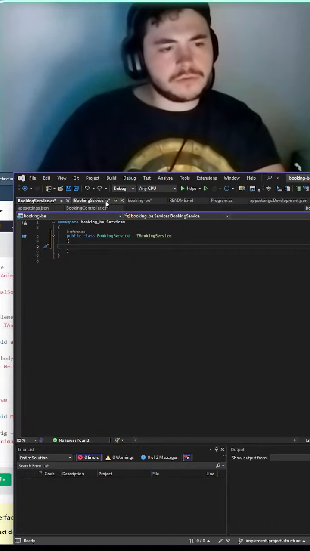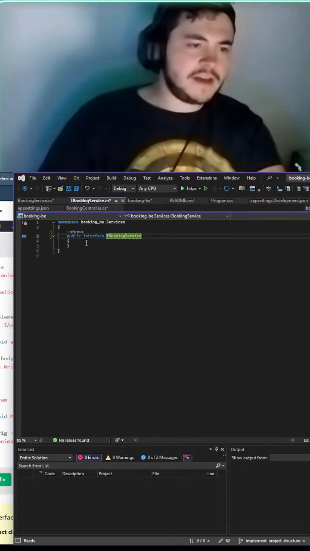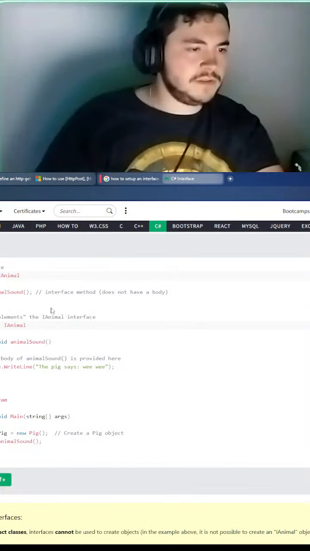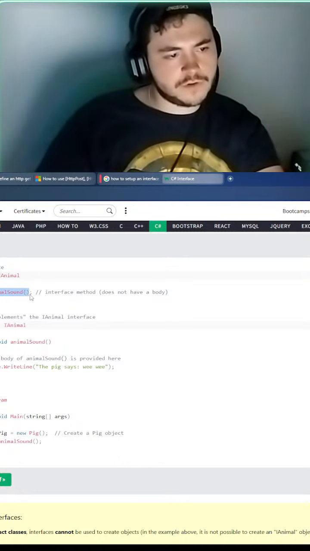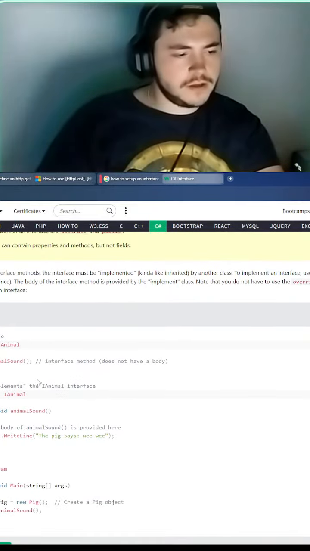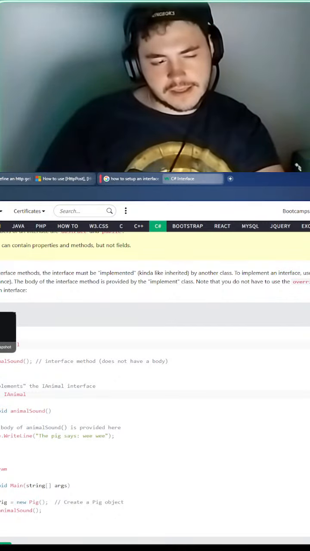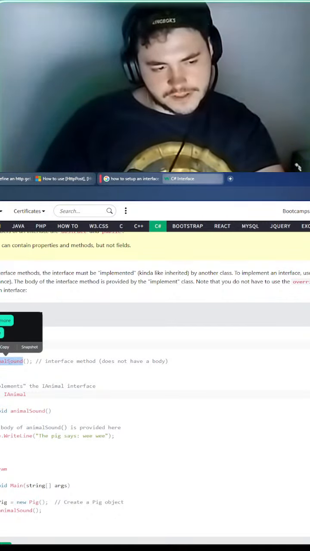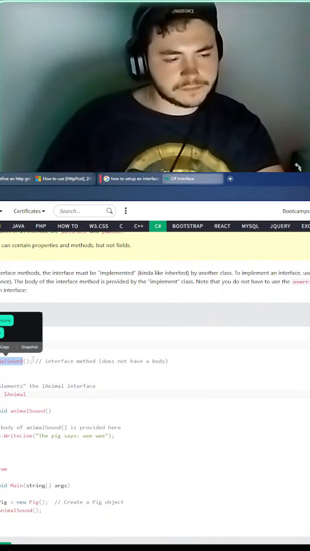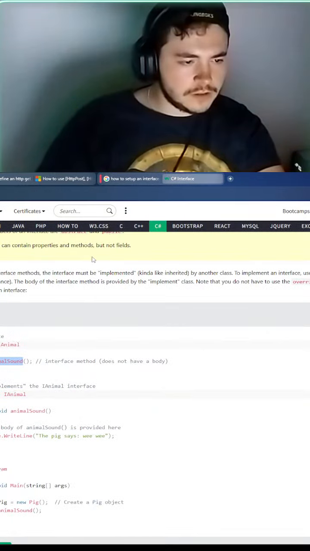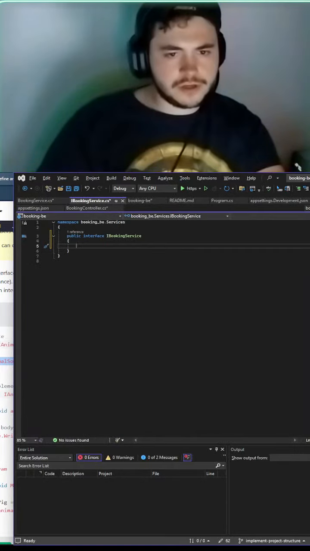Okay, so cool. Let's go to our booking service and define the different interfaces that we're going to need for this particular project. So we've got void. Obviously it's going to have the type. I think this is the return type of this function. So let's go to our controller.